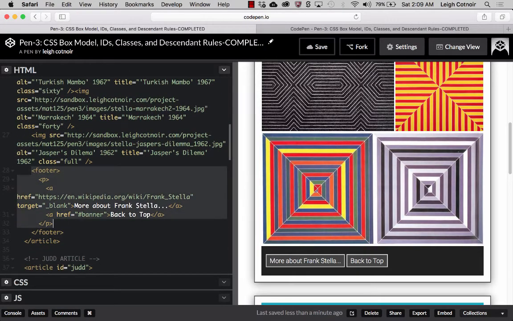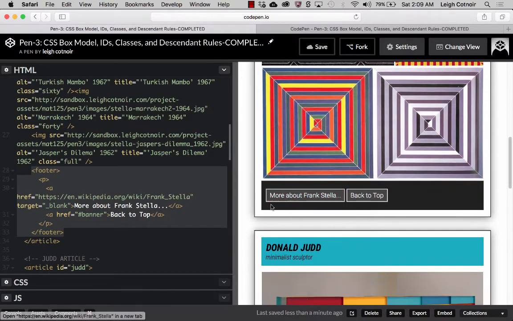All right, let's look at that. It's a footer tag for each article, and that corresponds with this black section down here. And inside of the footer, we have a paragraph that has two anchor tags. The first anchor tag says more about Frank Stella, and then here we go. There's that whole anchor tag, and it links out to a Wikipedia page. And then the other link is